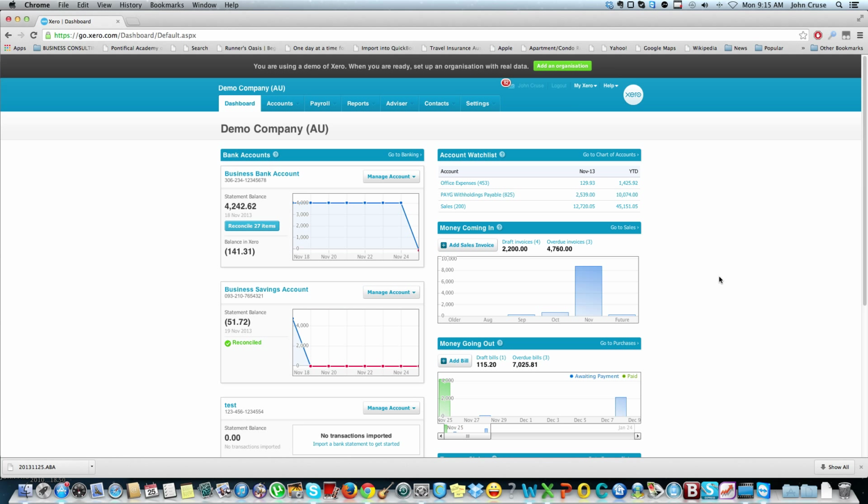Managing payroll is relatively easy within Xero. What I'm going to show you today is how to do a pay run. So we're going to be assuming that the employees are all correctly set up, and we're going to go into payroll, which is just over here, and run